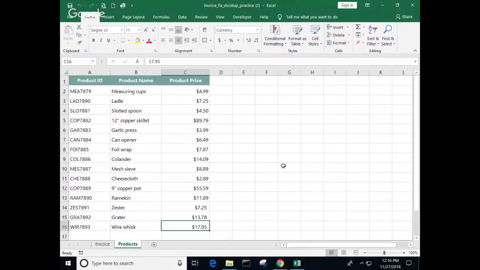Oh, they added to it. So it doesn't stop right at 13, it goes on down to row 16. So how would I have known that though? I mean, just looking at this regular sheet, I wouldn't have figured that out. On this sheet we wouldn't, but if we want to look at the products worksheet where we're pulling the information from,